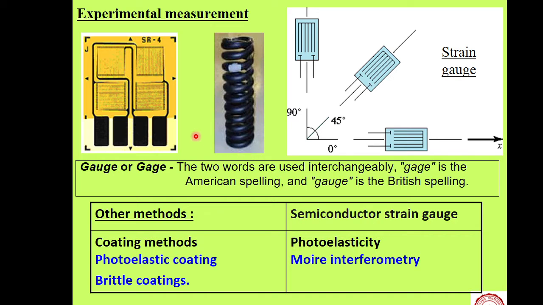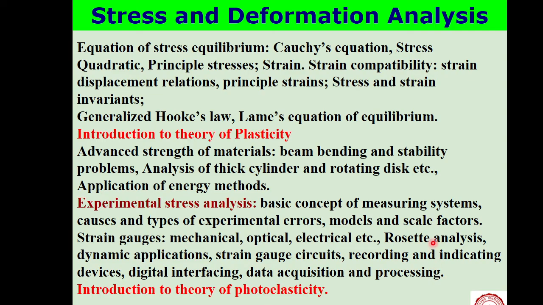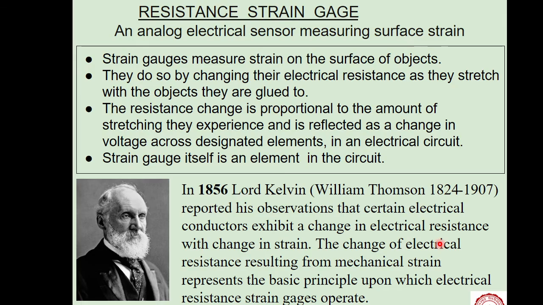You see what are the figures here. Okay. This is a particular strain gauge. This is mounted on a helical coil spring. These are some strain gauges mounted in an object, which is in general assumed to have a bidirectional stress field, and such things are sometimes clubbed into a single piece, which is known as the strain rosette. Rosette analysis also we will be discussing.